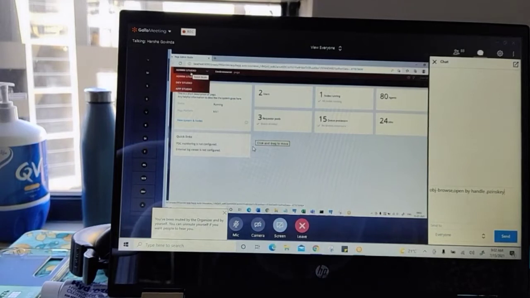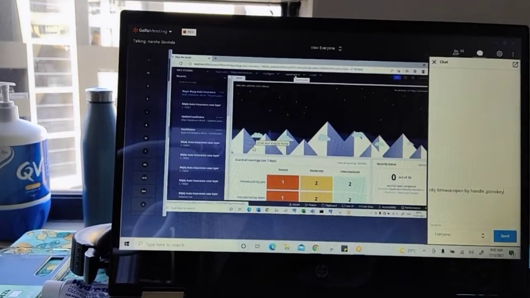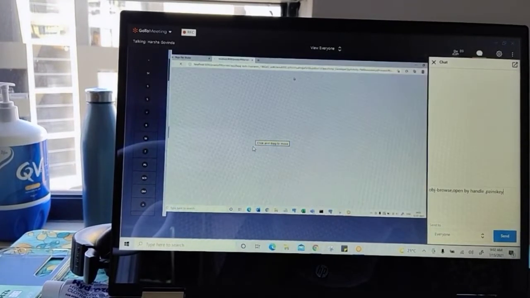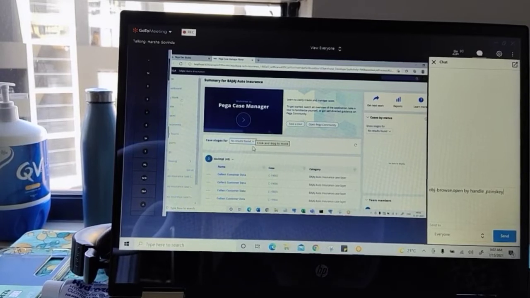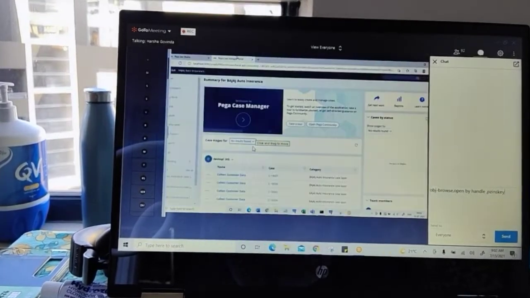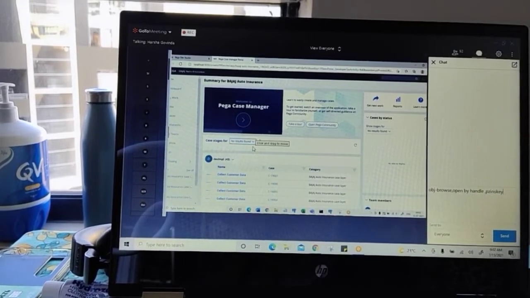See here, business users, when they log in, they will not see admin studio and they will not go to the launch portal and all. Directly when they log in, they see something like this. There may be some different components added here, but this is called the manager portal. For us, it is the developer studio. For them, it is the manager portal, user portal, analyst portal, whatever it is.